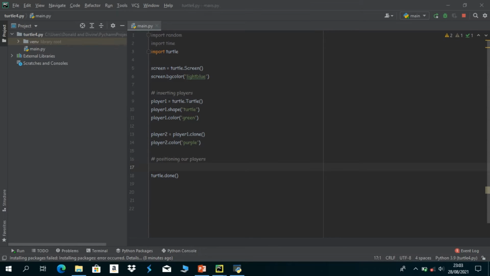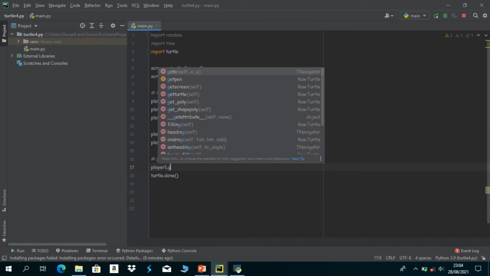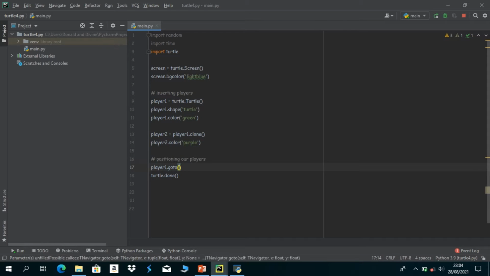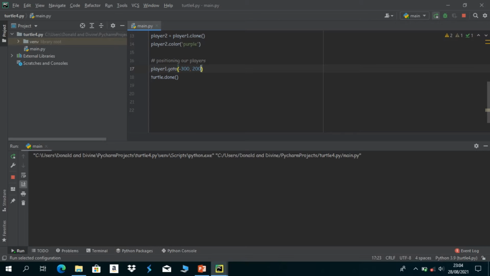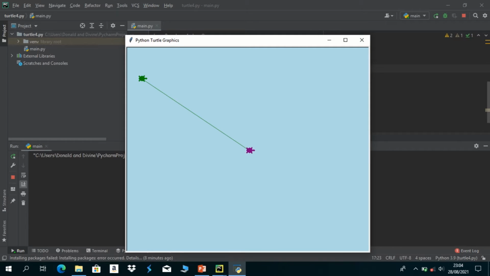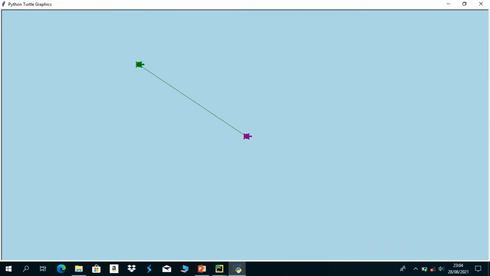So we just come here to position our players. Let me give an example. Player 1, tell them to go to a certain place. So let's run this and see. You will see that our player one will move from under this player 2 going to that position you have told it to go